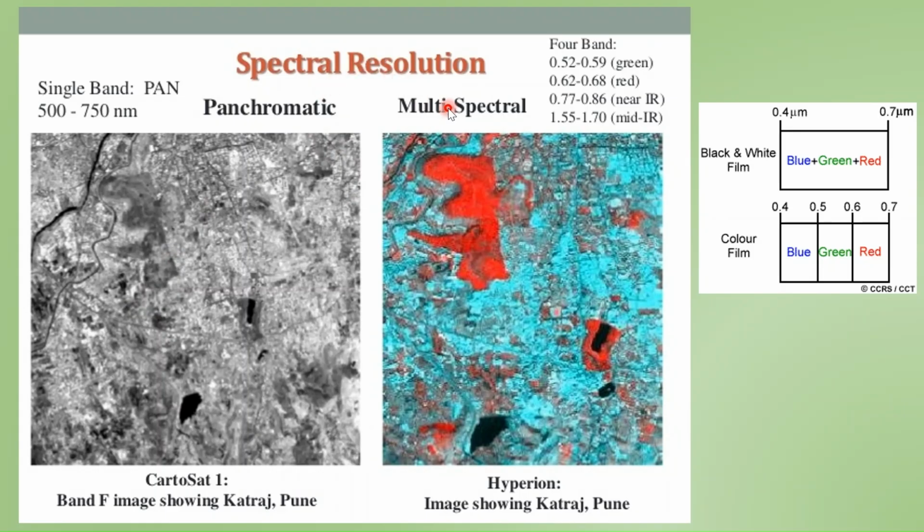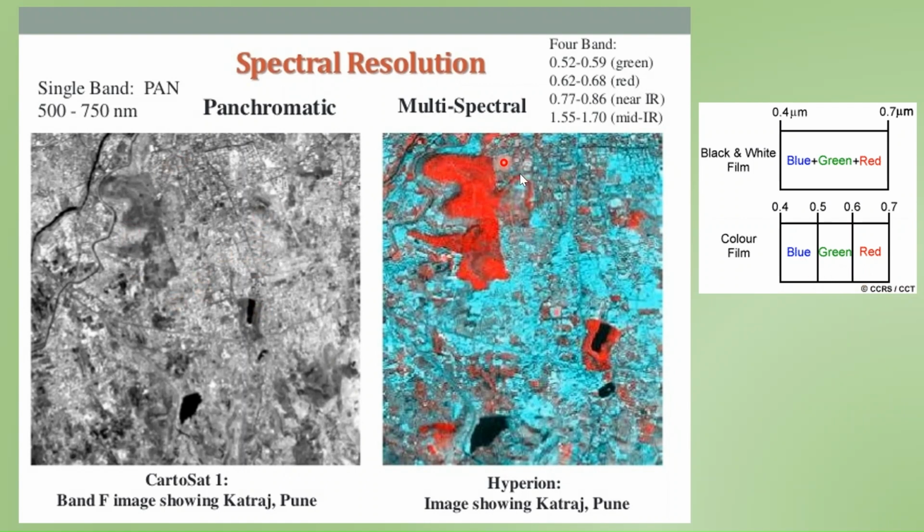Within spectral resolution, we have different categories, for example panchromatic, multispectral, hyperspectral, and ultraspectral. Panchromatic is when the sensor is sensitive to a wider wavelength range. Here we can see this is 500 to 750 nanometer, which means roughly from green to near infrared. The sensor will detect all the radiation falling within this range